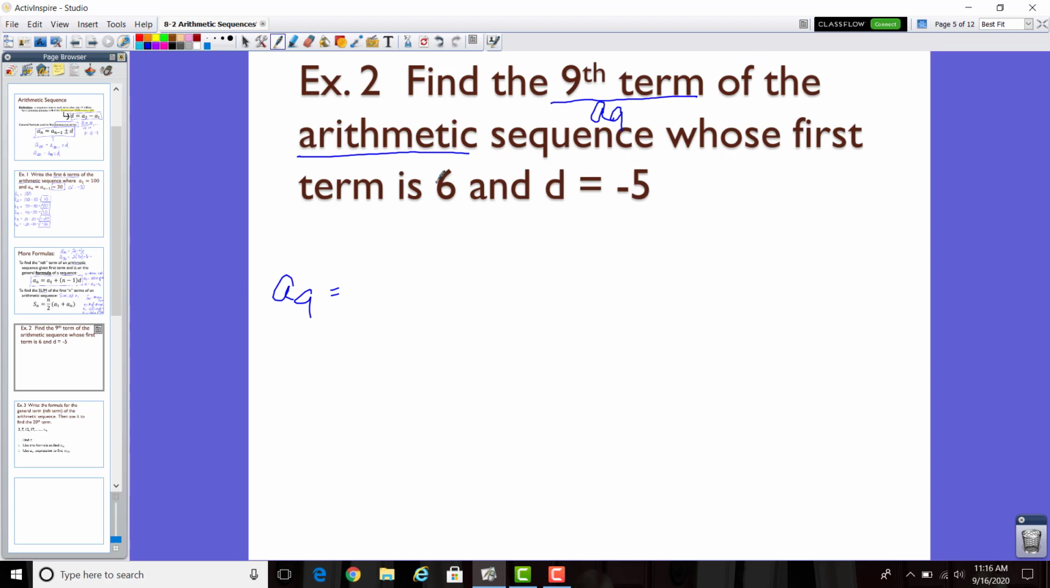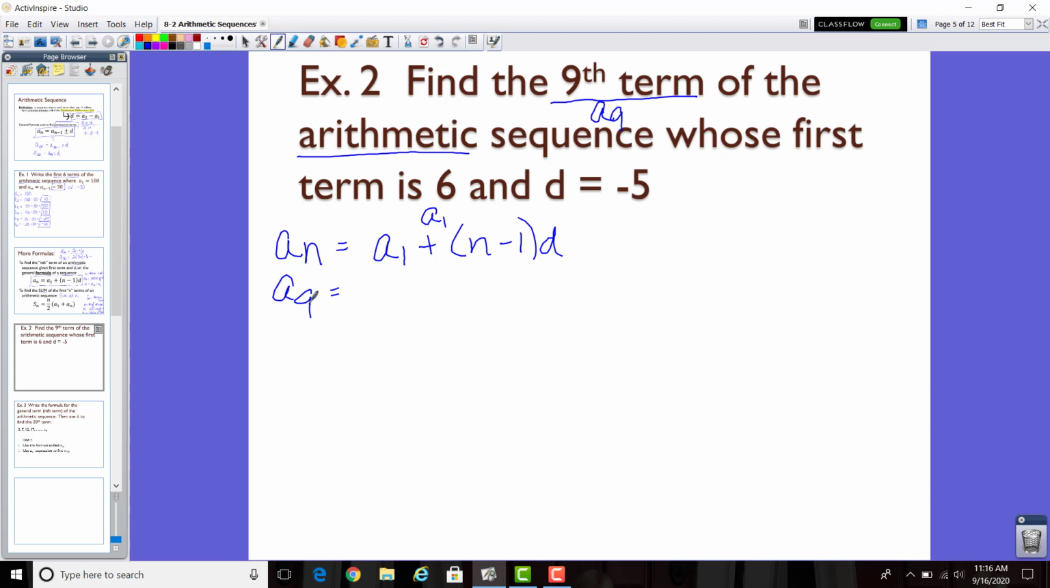They are telling us our first term is 6, so this is a sub 1, and they're telling us our common difference is -5. Well, if we're looking for an a value, a term, we're looking for a sub n equals a sub 1 plus n minus 1 times d. That is going to be our formula that will allow us to find the ninth term without actually having to do recurring addition of -5